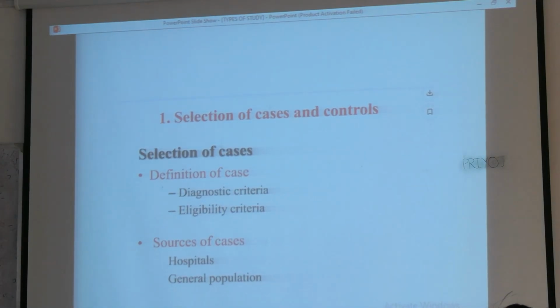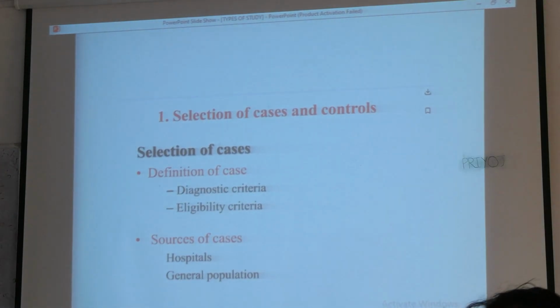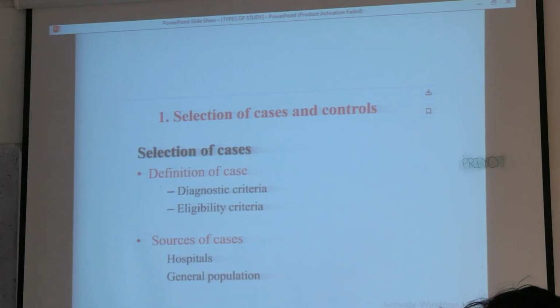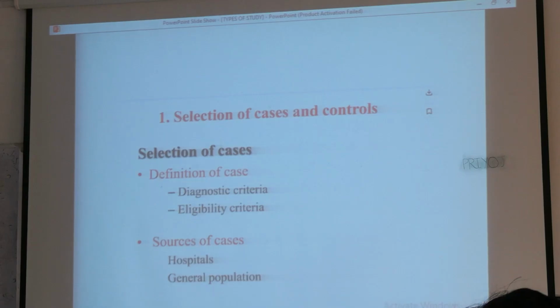Or let's forget Nipah for the moment. Let's talk about some other disease. Like a person suffering with chickenpox, he is considered as a case. So how do you know he's got chickenpox? You are looking at his lesion and diagnosing it as chickenpox. But suppose somebody says, no, this is not chickenpox, it's measles. Suppose somebody else says it's not chickenpox. Then the question comes, so what is diagnostic criteria? Means either lab diagnosis or a clinical diagnosis. So clinical diagnosis, often